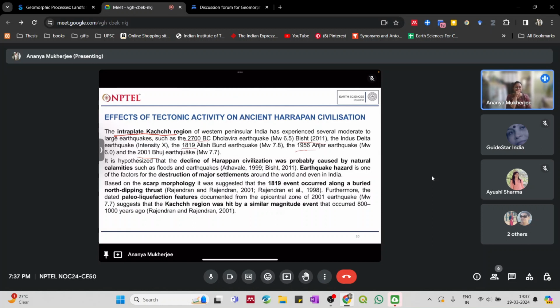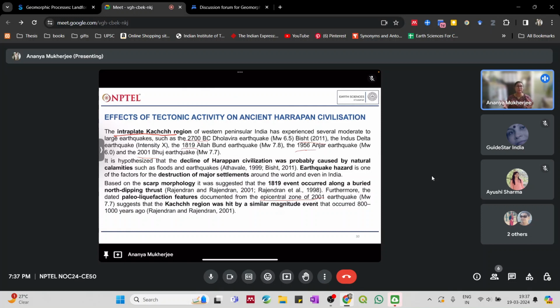So that's what they said. So the liquefaction features that were documented in the epicentral zone of the 2001 Bhuj earthquake actually suggested that the Kutch region was hit by a similar magnitude earthquake event around 1000 years ago too. Okay, so that is what we tried to see: that prehistoric earthquakes, if it is an intraplate region, they can have, even after thousands of years of the original earthquake, maybe you can see the effects or